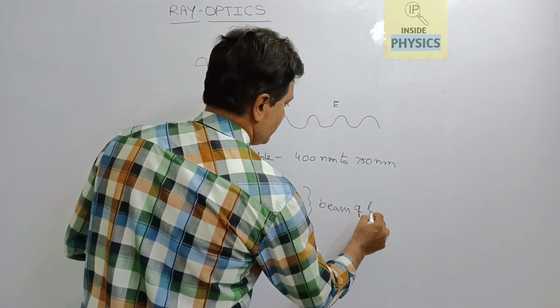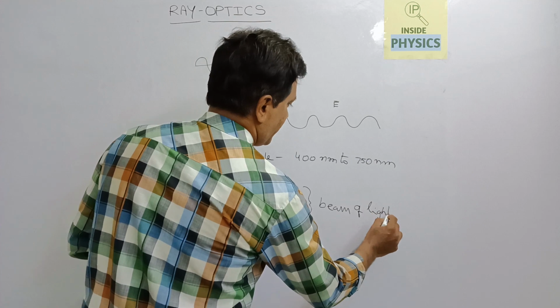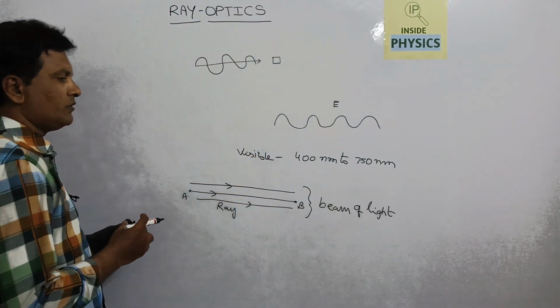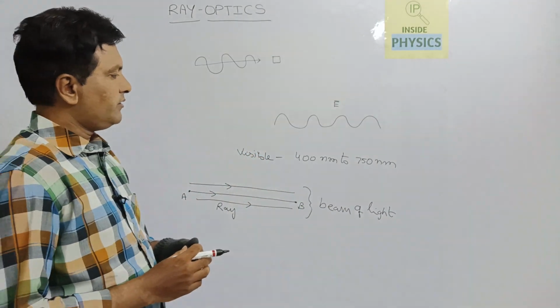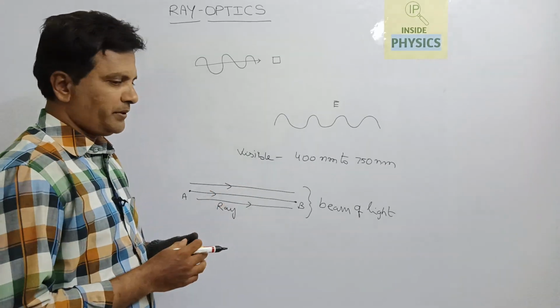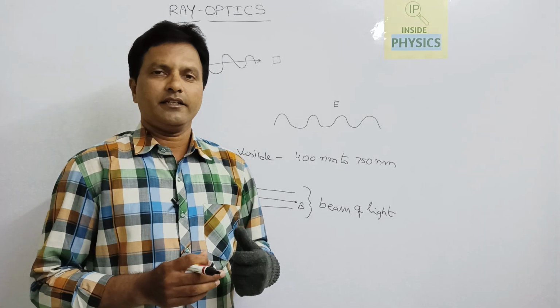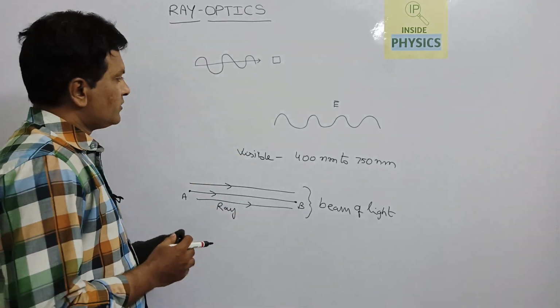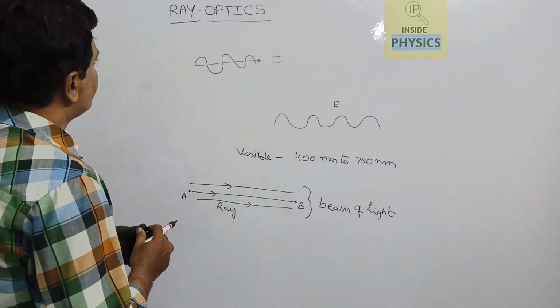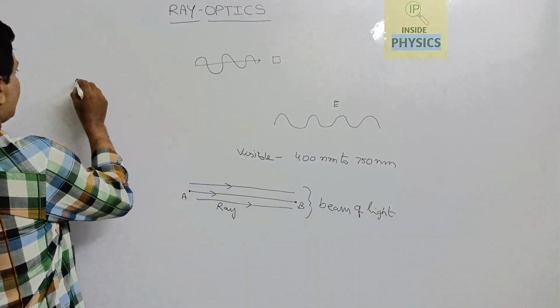In this way, we see what exactly the light picture is and how we consider light as a ray in this lesson. After this, we will see what the corpuscular